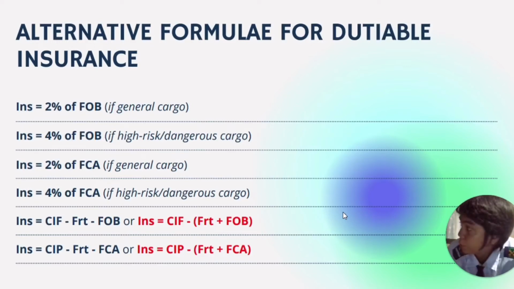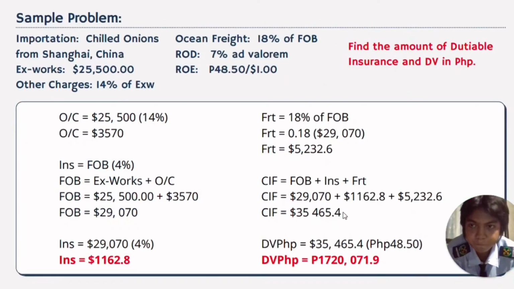Insurance equals 2% of FCA if general cargo. Insurance equals 4% of FCA if high-risk dangerous cargo. Insurance equals CIF minus freight minus FOB, or insurance equals CIF minus freight plus FOB. Last will be insurance equals CIP minus freight minus FCA, or insurance equals CIP minus freight plus FCA. Sample problem: